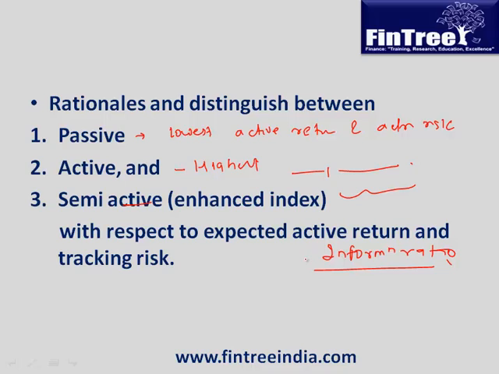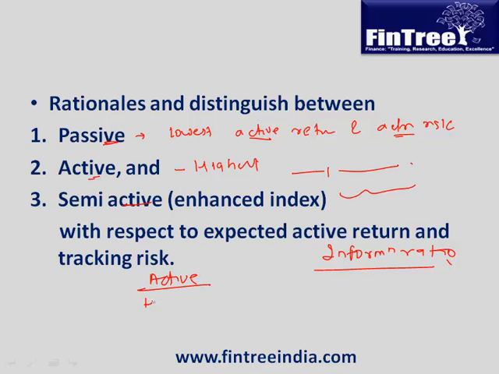Active return divided by active risk. Now in case of passive, it would be low active return and almost close to zero active risk. So information ratio should be lesser or closer to 0. In case of active,